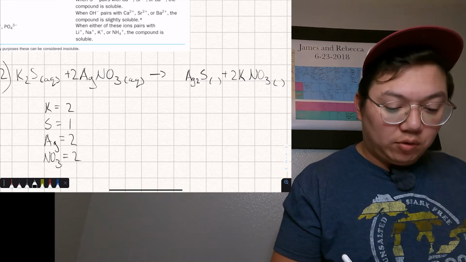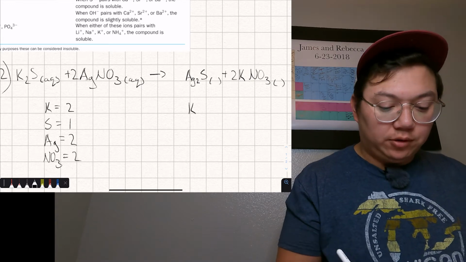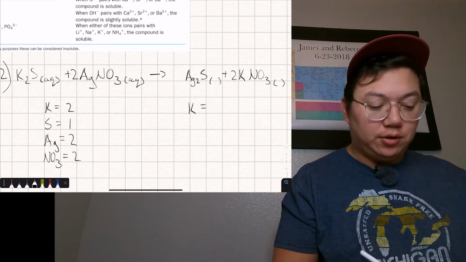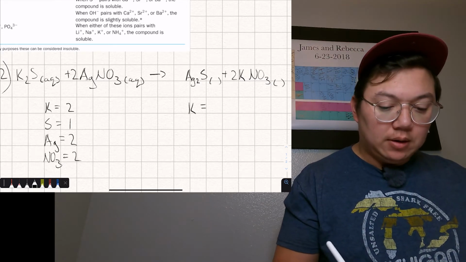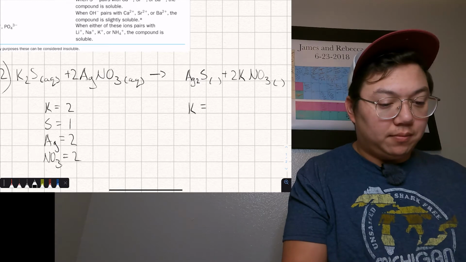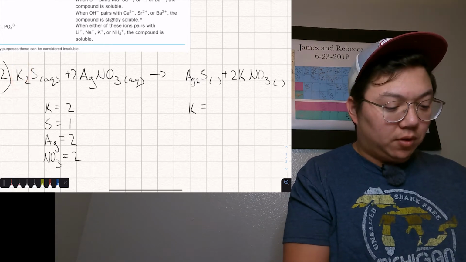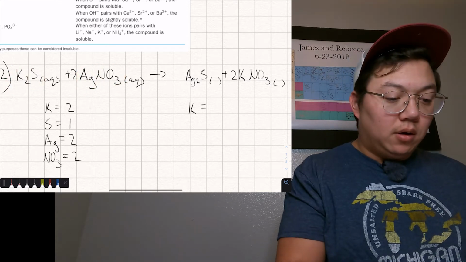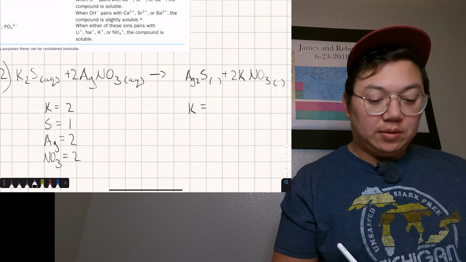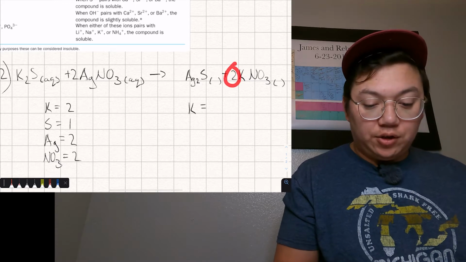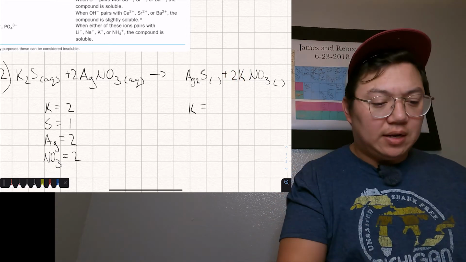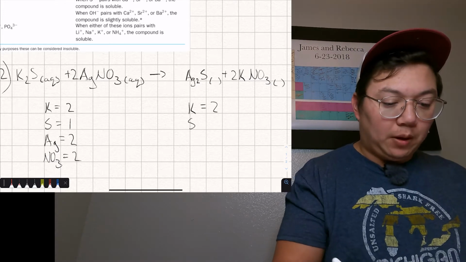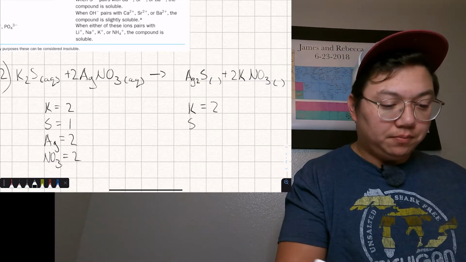So we'll keep things in the same order on the right side. I'll do potassium first. And I'm just counting the number of atoms here, so it doesn't matter really which order you go in. For the reactant side, I just went left to right. So potassium, sulfur, silver, nitrate. The right side though, because we want to compare these, I'm going to keep these the same. So we have a 2 coefficient in front of our potassium nitrate. So we have 2 potassium. We have a single sulfur,